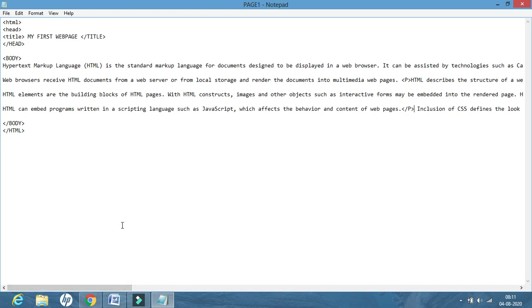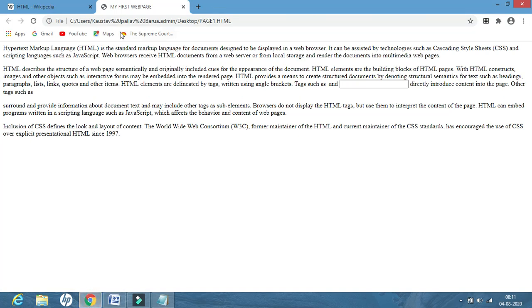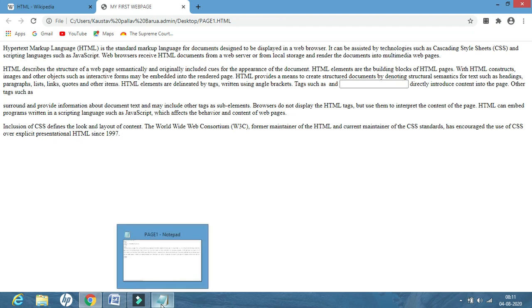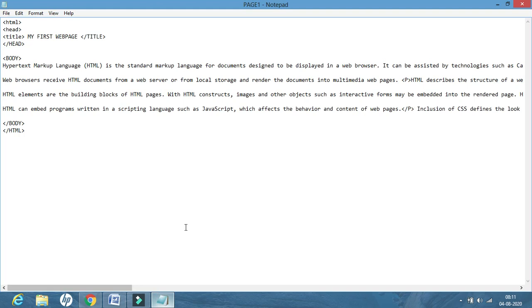Because I am changing the property of the body section, you might have noticed that only from hypertext to the last word is displayed. Other things are not displayed, and this my first web page is displayed here. See, this is the title of the page, and from hypertext to 1997 is displayed. Other than that, nothing.